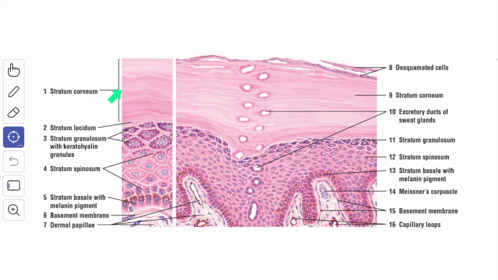The most superficial layer is the stratum corneum. It is the most superficial layer of the epidermis, and this layer is acellular and it is made up of flattened scale-like elements which are squamous, which contain keratin filaments embedded in protein. The squames are held together by a glue-like material which contains lipids and carbohydrates.